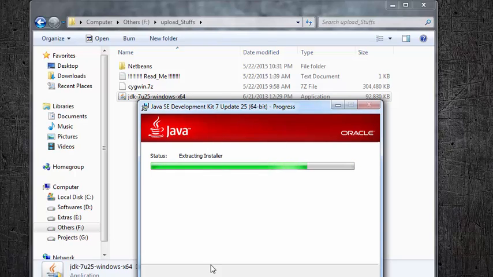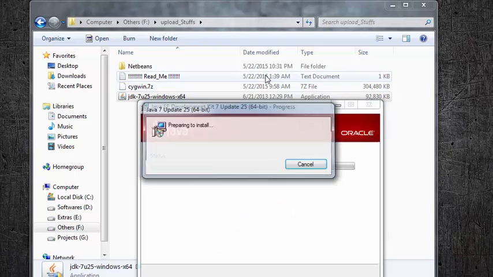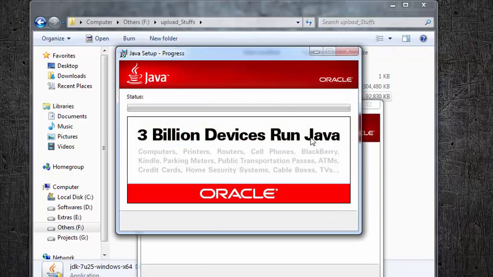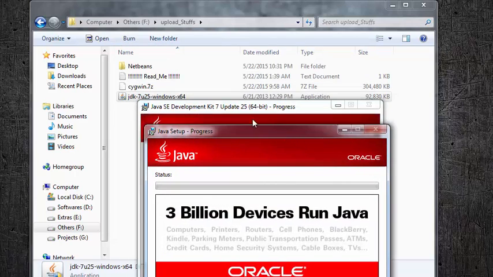Once we install Java, we have to create environment variables for Java directory, and we have to install NetBeans, and then copy this Cygwin to C directory and make environment variables for this Cygwin also.